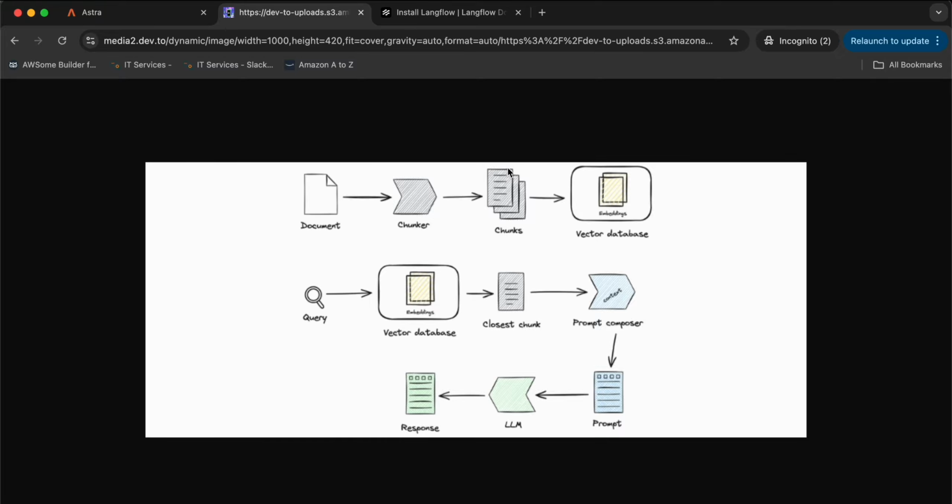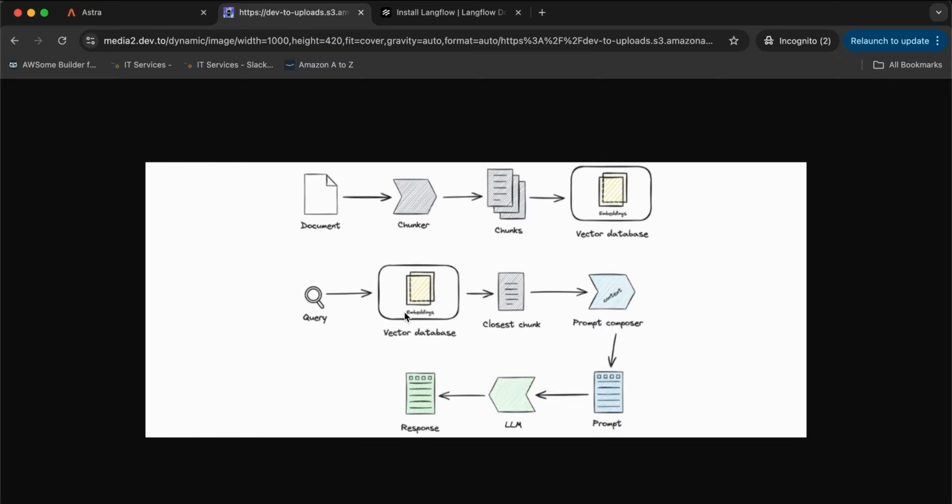And why is it needed? Because it relates to the second part of the RAG, which is the retrieval and response generation. So let's say you have vectorized your document related to a product manual. Whenever there is a query or a question from the user asking about the product, the query itself, or the question itself, will be vectorized using an embedding model, the same embedding model that was used for the ingestion.